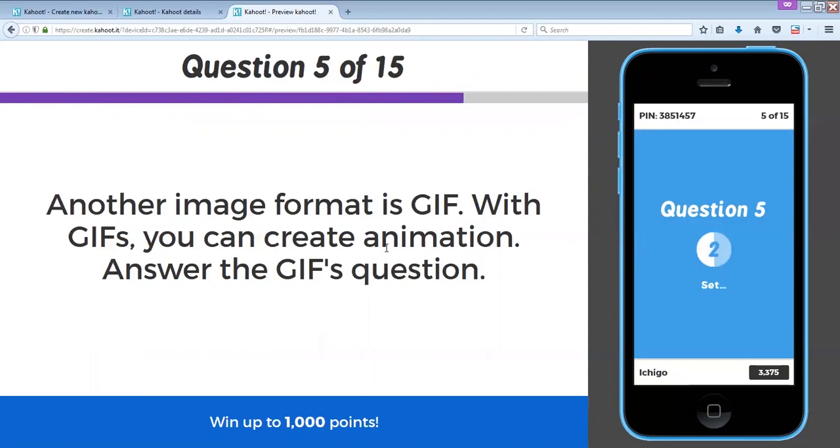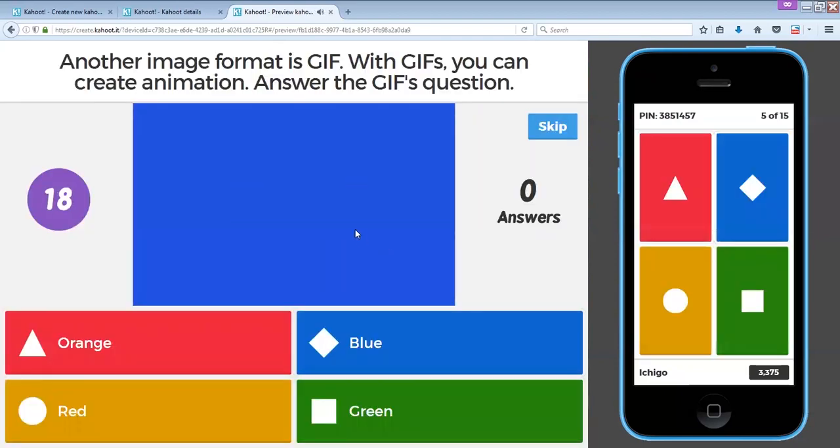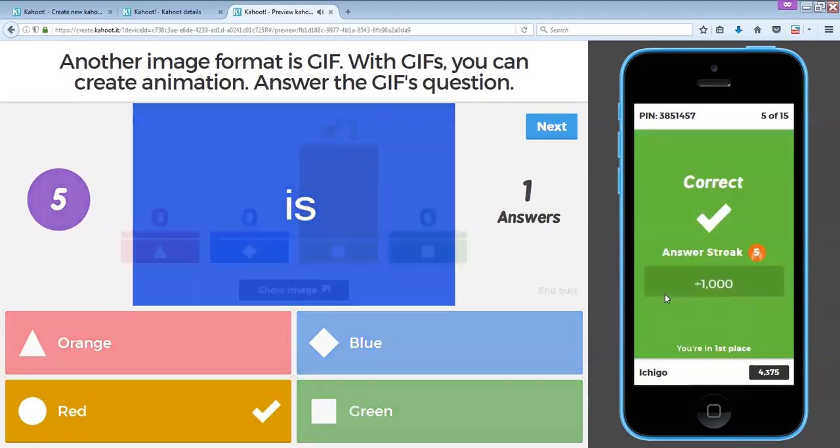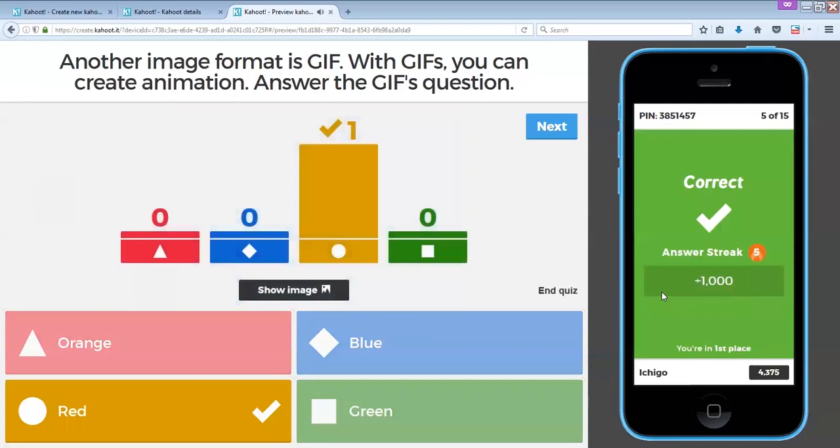Question 5. Another image format is GIF. With GIFs, you can create animation. Answer the GIFs question. What's interesting here is that I put the question in the image, in this GIF. So the GIF enables us to do different things. We don't have to put the entire question up in that box on the top, and that box is really limited to 90 characters, so it's very limited. So with this rectangle or whatever image I chose to do, I can create interesting questions, whether it's a GIF,